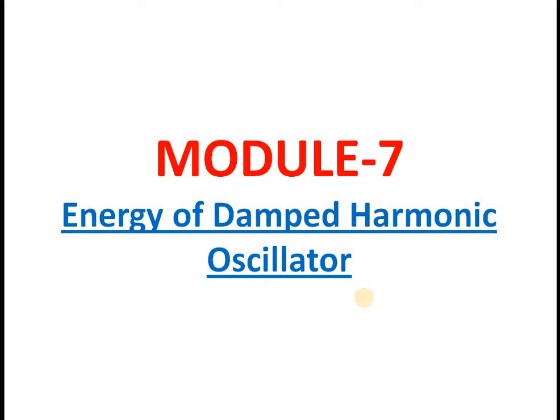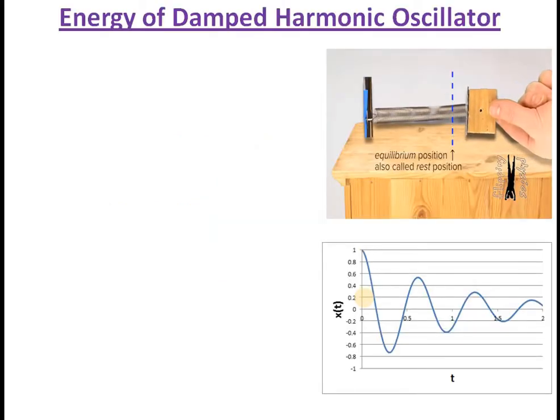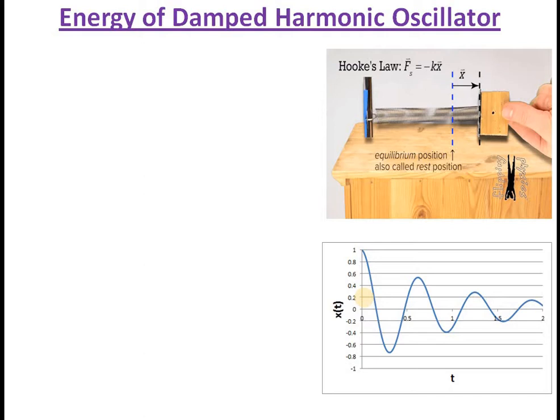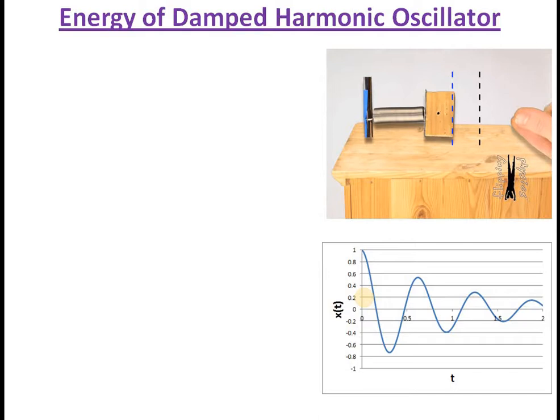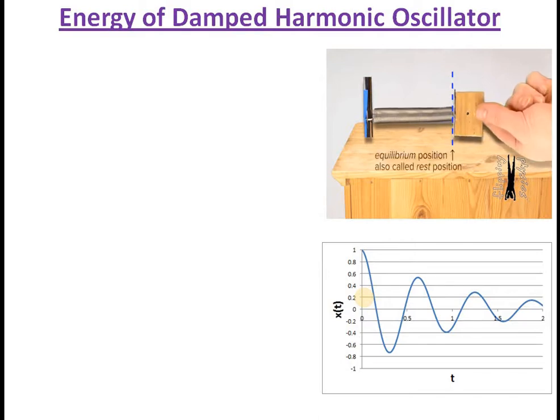Finding energy means, for a damped harmonic oscillator energy is not constant, because it is damped, amplitude is decreasing, so energy will be lost. But still we can find the energy of the damped harmonic oscillator for a different period of time, in a given time interval. What is the average energy in a given period, even though energy will decrease continuously starting from time t equal to 0.